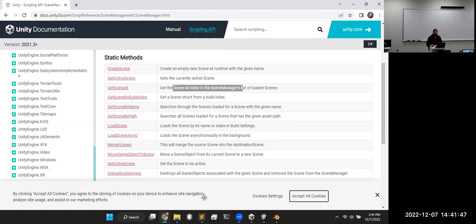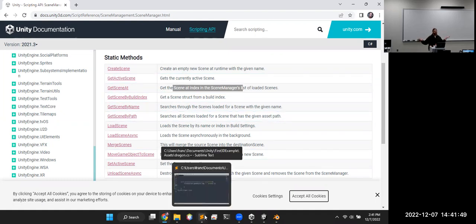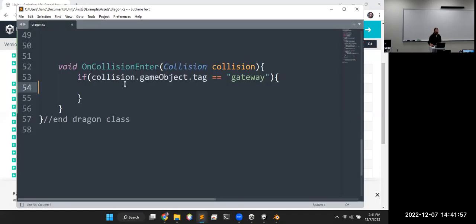And what I originally had in mind, I was probably going to type a different object than the one we just talked about because I don't see the method name that I was actually planning on using. Just out of habit, I would have typed it without thinking about it. So if we collide with that gateway, that's when we want to go to the other scene. But other scene is relative. We're going to put a gateway in the other scene as well, and it's going to come back. So we need to know which scene we're at. So we can just check that. So if